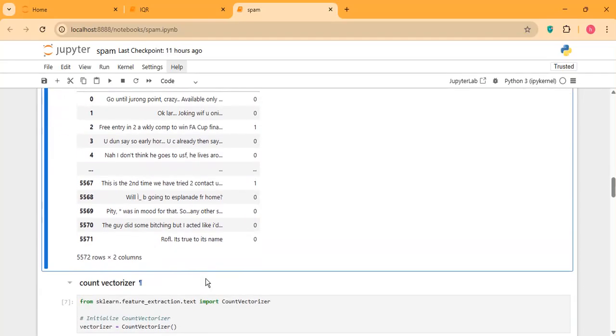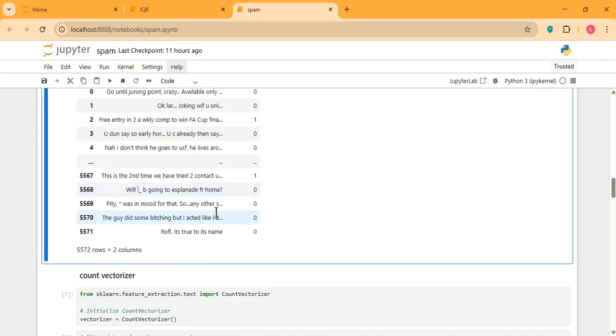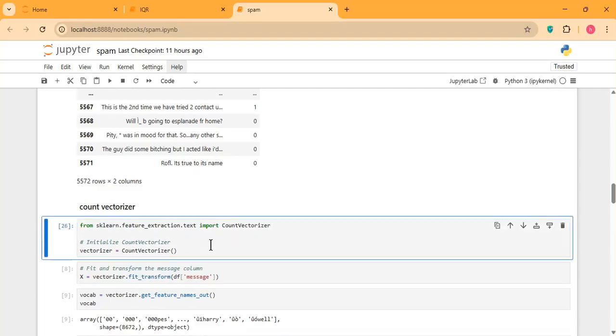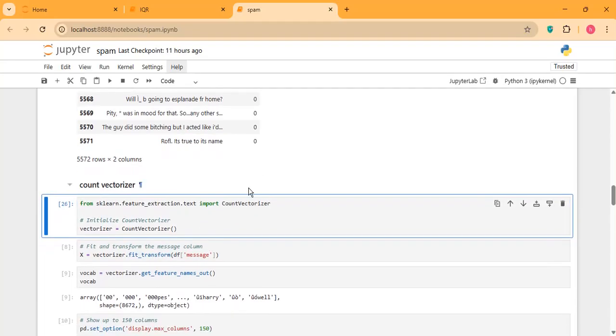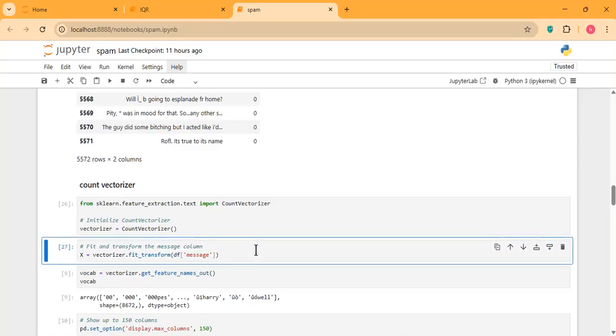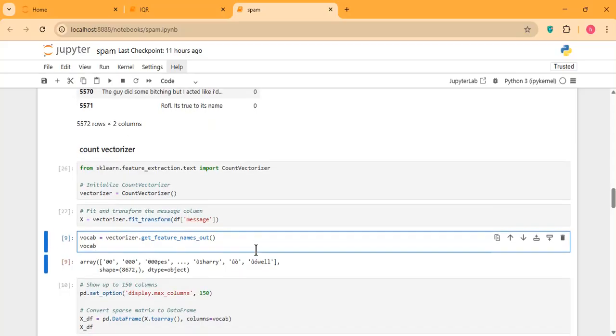Great. All right, we need to work on this column message, and we're gonna use CountVectorizer as I told you. So we're just initializing, and we're gonna consider df.message, the message column. And for this one, I just want to show you what will happen if we see